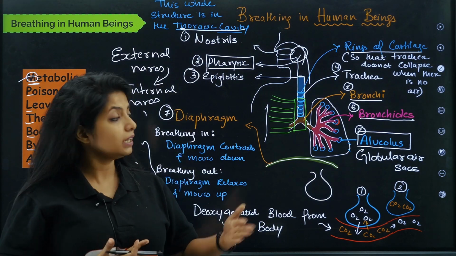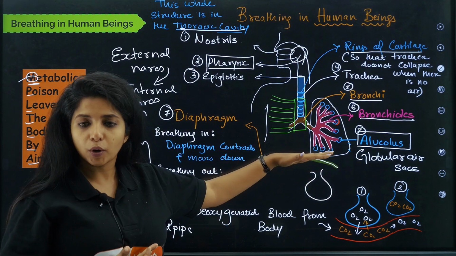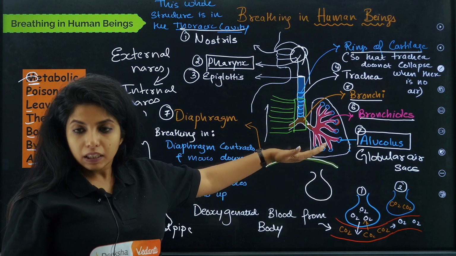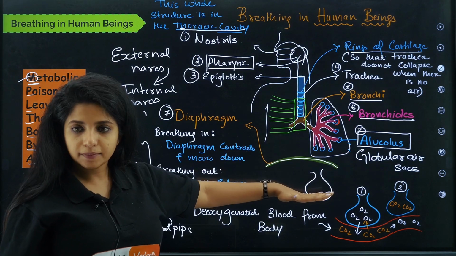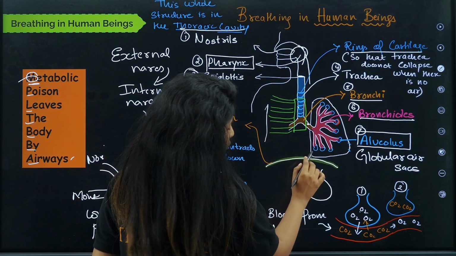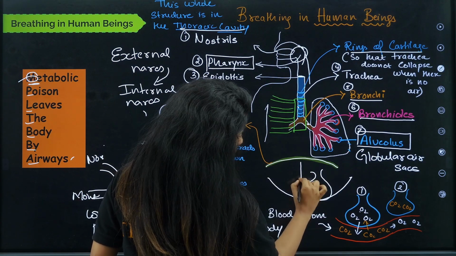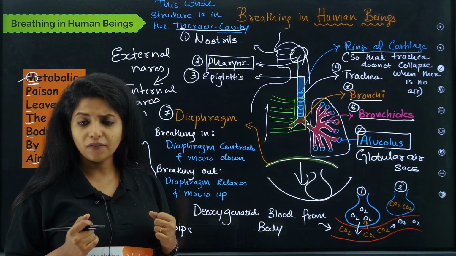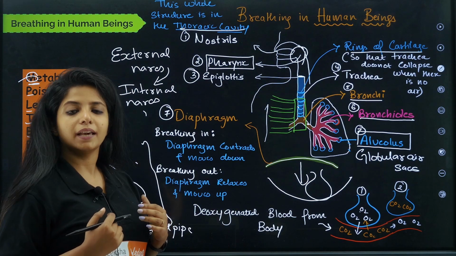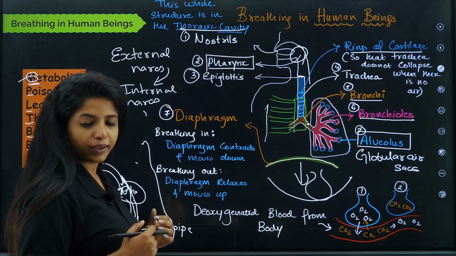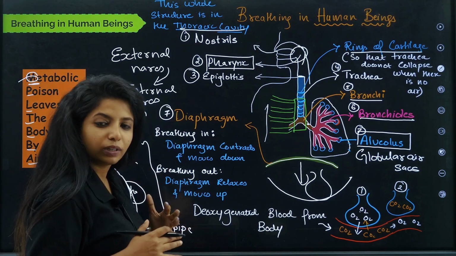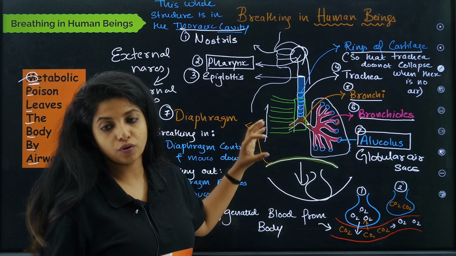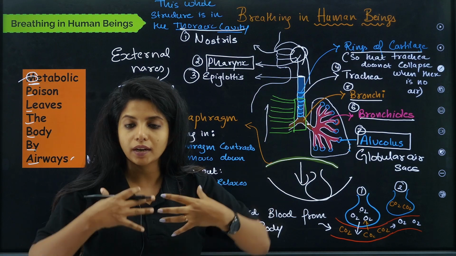Now, at the end of the thoracic cavity, I have the diaphragm, which separates my body into the thoracic cavity and the abdominal cavity, where my stomach and everything is. If I push the diaphragm down, I would have a little more space, right? When I say it contracts, it is basically moving down, and now I have enough space for oxygen or other gases to get inside my lungs.